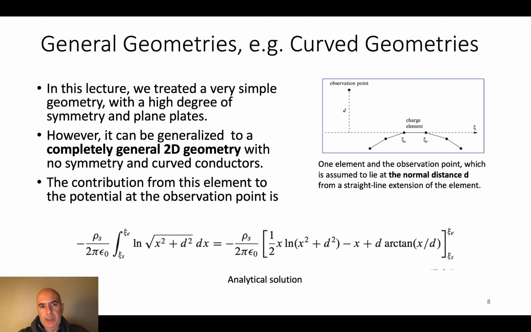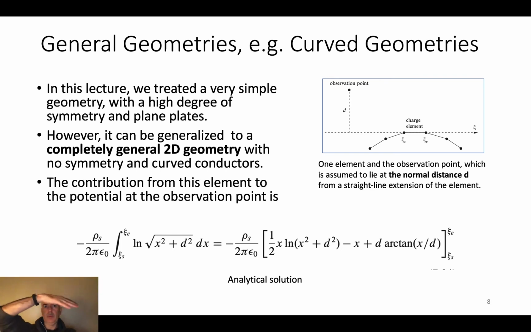This can be, as I just mentioned, generalized to a completely general 2D geometry with no symmetry at all and curved conductors. So the fact that we are not going to have symmetries will not allow us to use the same integral and then sum it up using the symmetry. So we will need to take care of both plates and left and right, bottom and right. In that particular case of